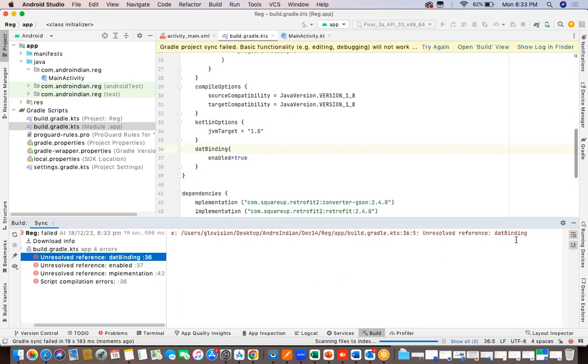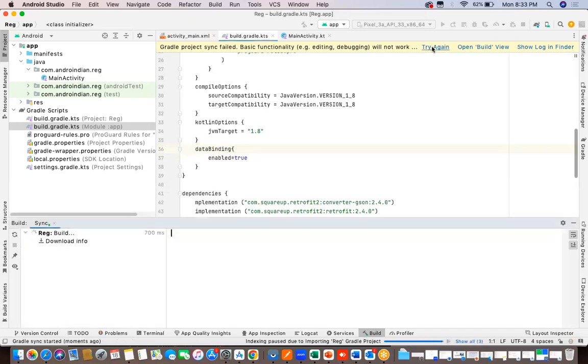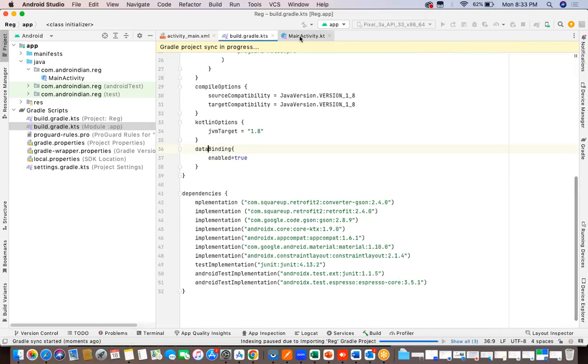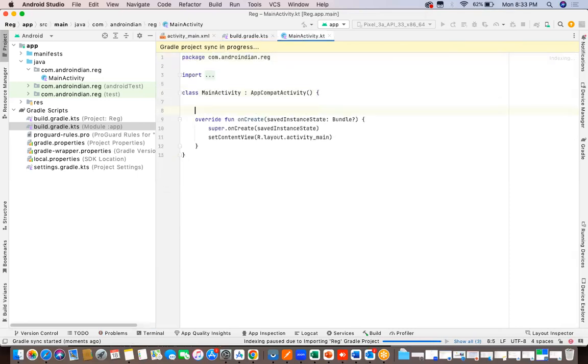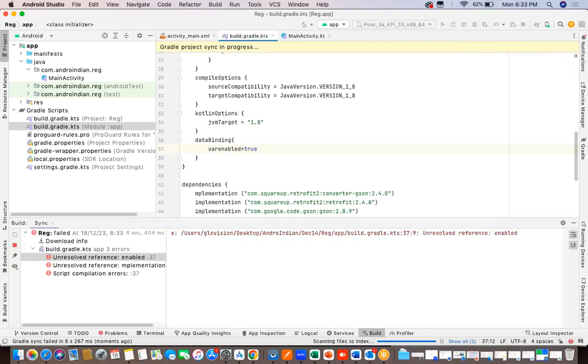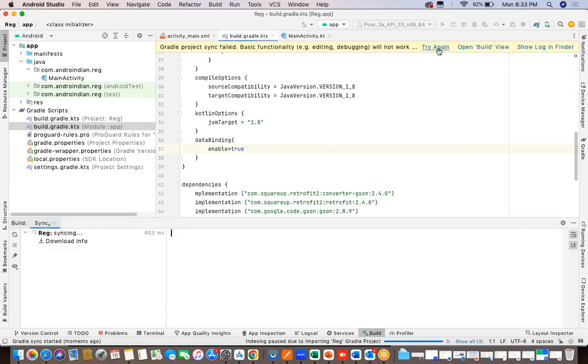In the main application, we will see data binding. Okay, something is missing here, so that's the reason it's showing an error. Now let us try again. It is almost done. We will enable the data binding: data binding enabled equal to true. Once this is done,